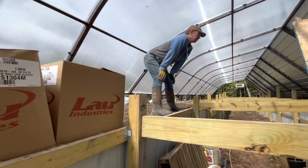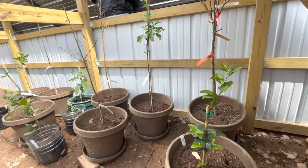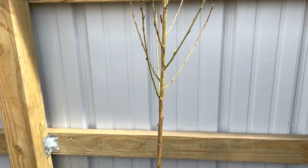How do they look? Look alright. Oh yeah. I don't really see the plums doing, or no, the peaches doing much. And those were the 2 bare root trees that I got. So this is the